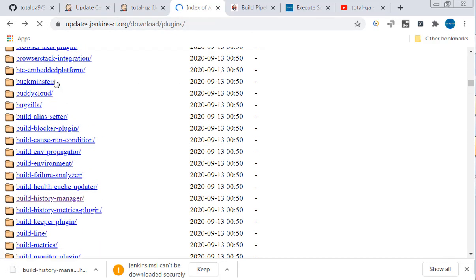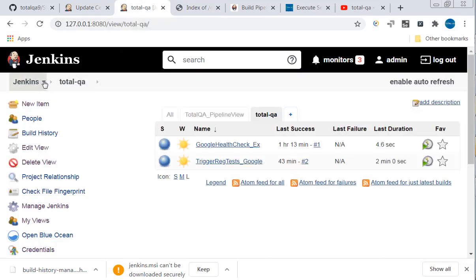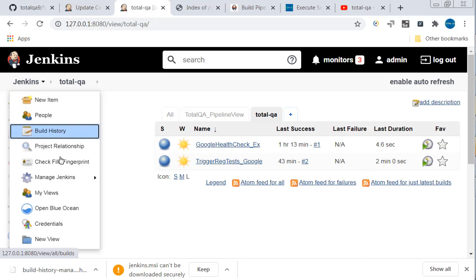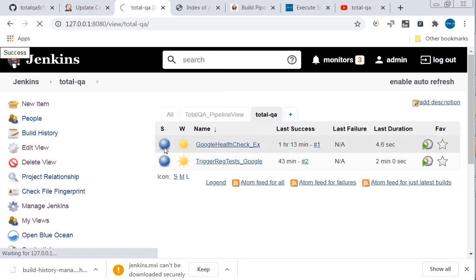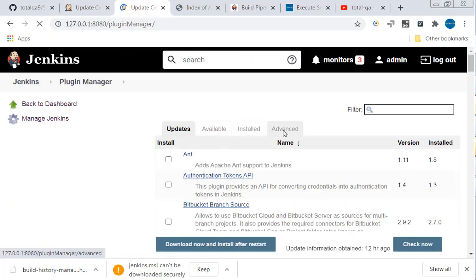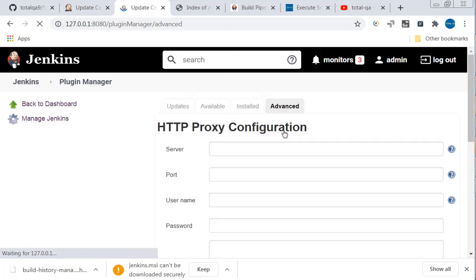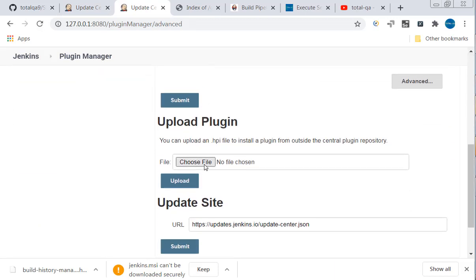Download any plugin from this website, the specific version, then navigate to manage Jenkins, manage plugins, then under the advanced section you can select choose file. It will help you to select a file which is downloaded on our laptop.